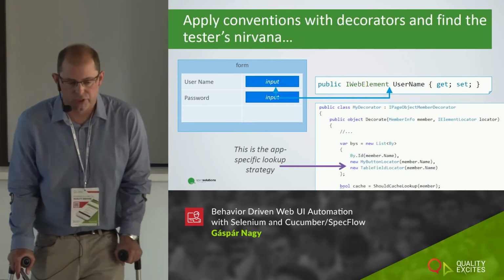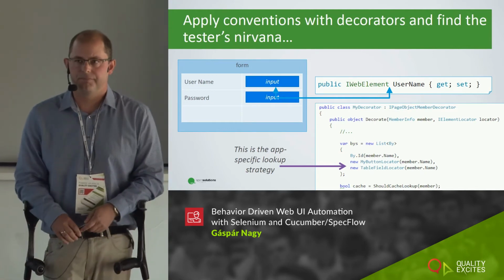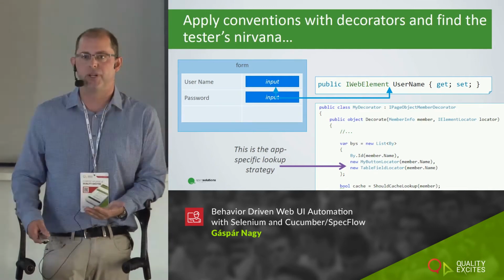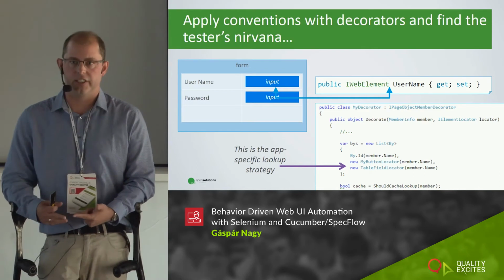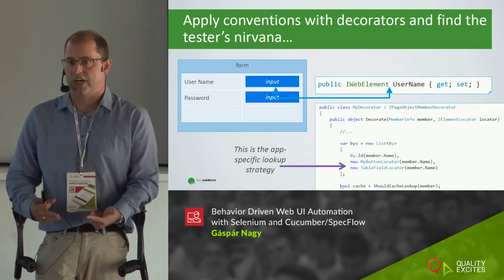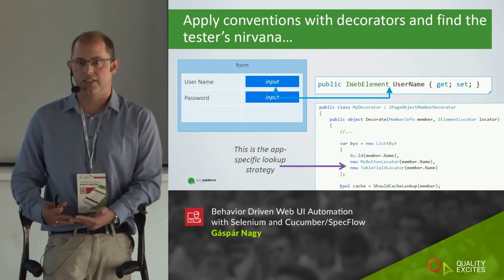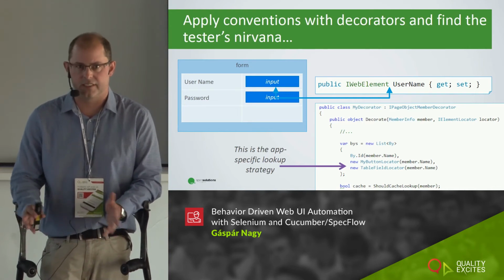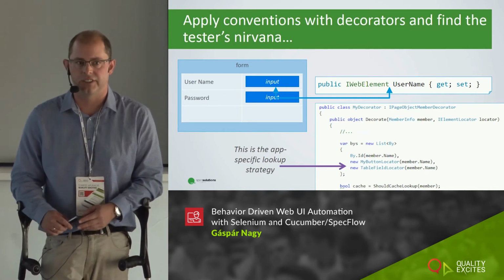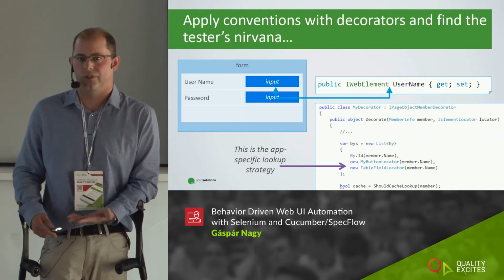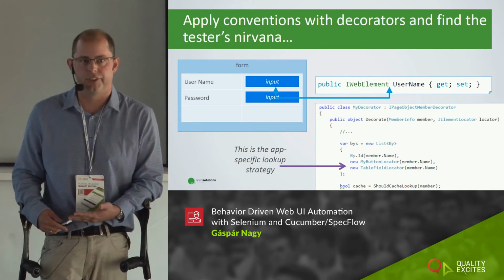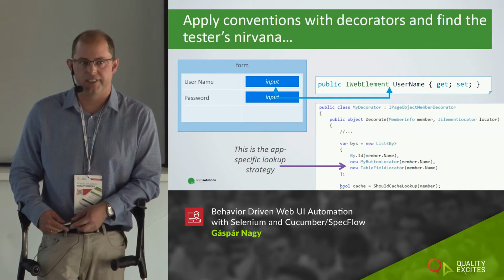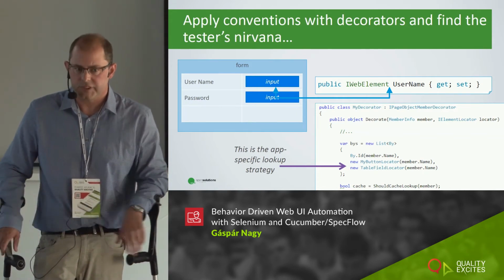But actually, you don't have to stop here. You can probably realize that in your application, there are a few location strategies in place. Maybe you are generally locating the controls by ID, you are generally locating the buttons by CSS class, and maybe there are a few more location strategies, but it's maximum five in a decent application. So why do we have to say at all which location strategy has to be used for each individual field? The page object factories or page object libraries that you are using also allow you to